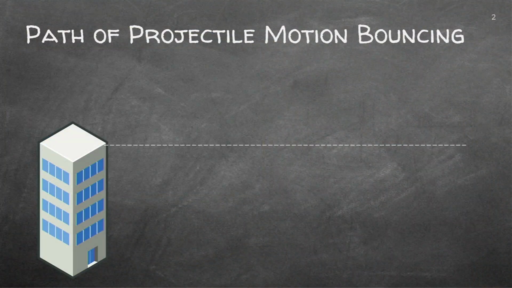If I've got a projectile, a ball being projected from this building, or I'm standing on this building and projecting a ball, I can either throw it into the air and then it can go down, or it can be thrown directly downwards. So you have firstly those two points of notice that you've got to take. Is it going directly down, or is it first going up and down?